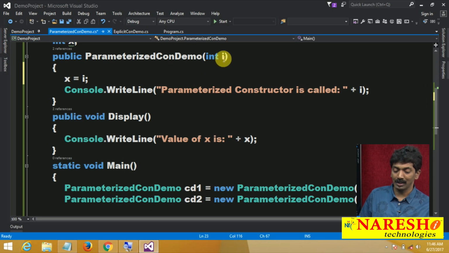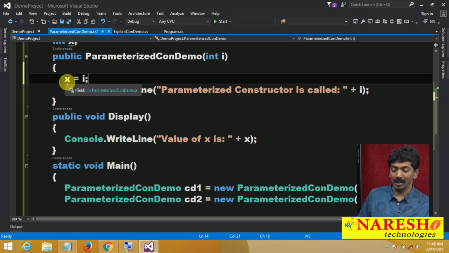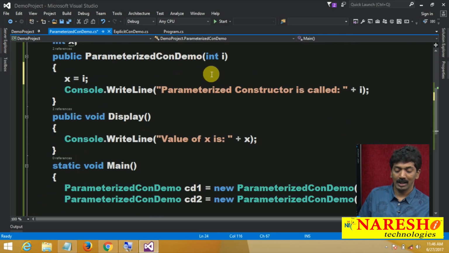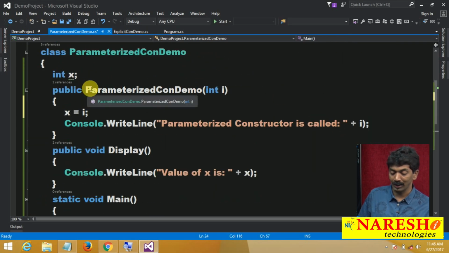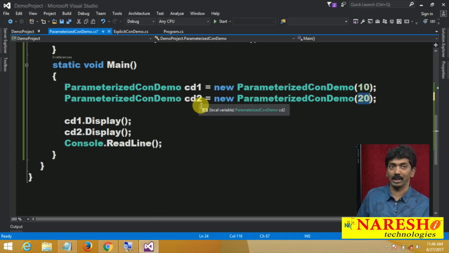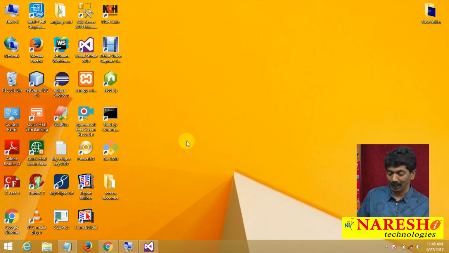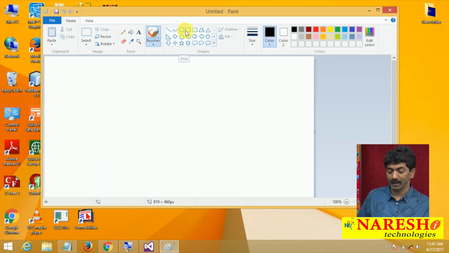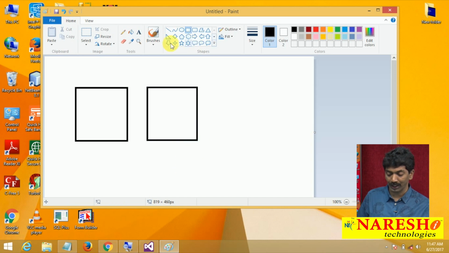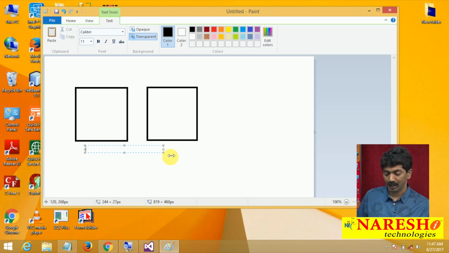Once you assign, the value 10 that I am passing here will first come to I, and with that value x is initialized. In the same way, when you create the second instance, this value comes here and x is initialized. So internally there will be two copies of the memory for us, because two instances are created, cd1 separately, cd2 separately. Now when we created the two instances, cd1 and cd2, internally it allocates memory separately for both the instances. So just understand,